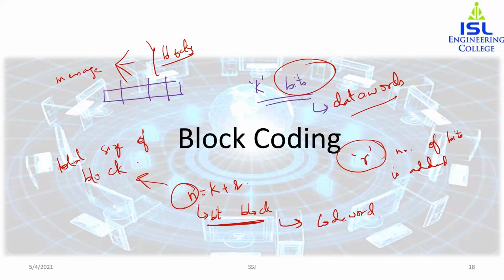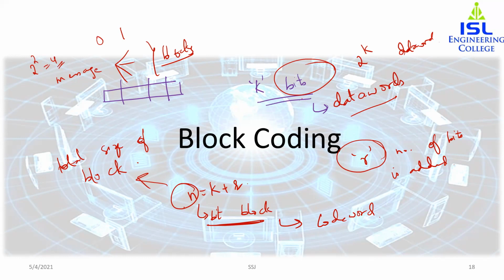But for now, it is important to know that we have a set of data words, each of size k. Okay, so our message is divided into k bit blocks, right? So each of size k, and we also have a set of code words, each of size n. So with k bits, we can create a combination of 2 power k data words. Suppose in this case we have 2 bits, 0 and 1, then obviously how many combinations do we get? We get 2 square, which is 4 combinations, right?